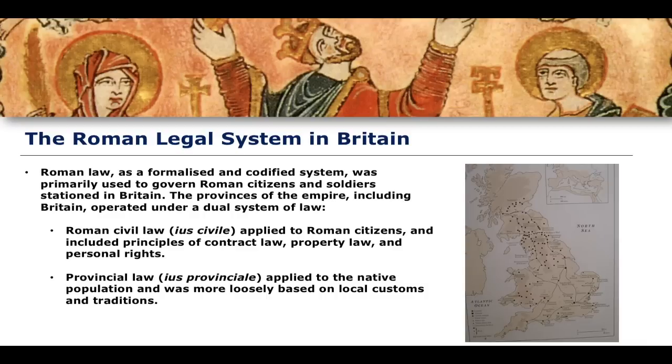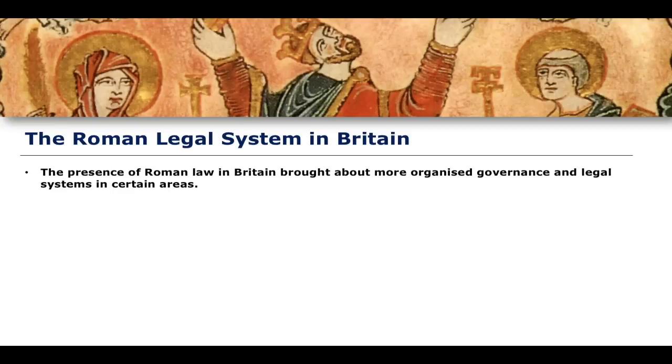the reasons why, when the Romans eventually leave Britain and the Angles and the Saxons start to colonize and take hold of the British Isles, we see that the Roman law itself did not survive in the same way that it did across Europe. So essentially, the presence of Roman law in Britain did bring about more organized governance, and of course brought about legal systems in certain areas in the same way that it did across a lot of the